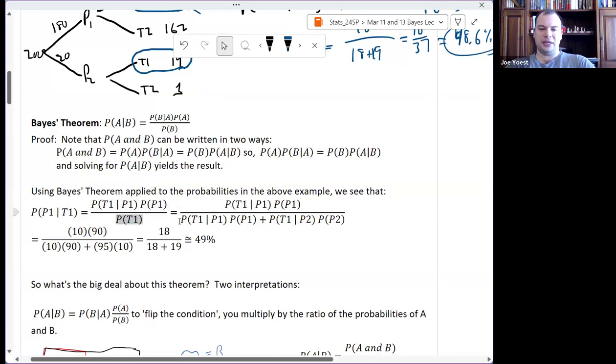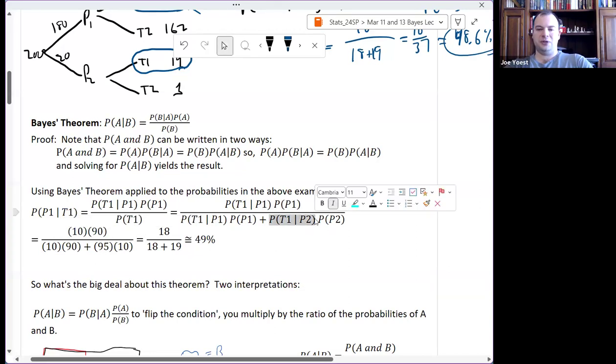This can happen in two ways. I can get a car that's a type 1 car and came from plant 1, or I can get a car that's a type 1 car and came from plant 2. And those would break up this way just using my basic probability of A and B formula. So my probability of type 1 car given plant 1 is 10%. I'm just leaving all the percents off here. I'll just think of the percent as kind of a unit. I see this same term that's in the numerator is the first term in the denominator, so I get a 10 there as well.